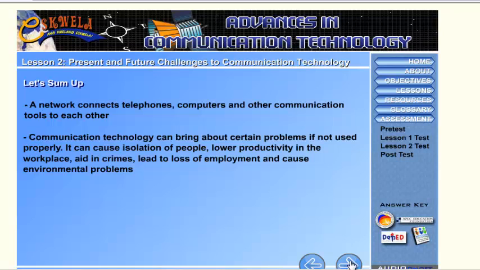Communication technology is the technology of transmitting information through the use of electronic devices